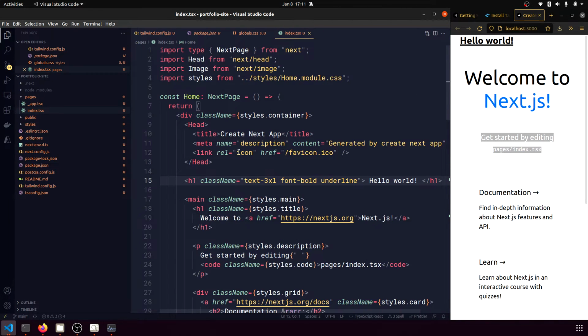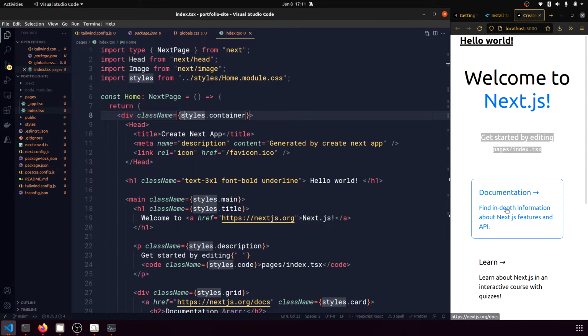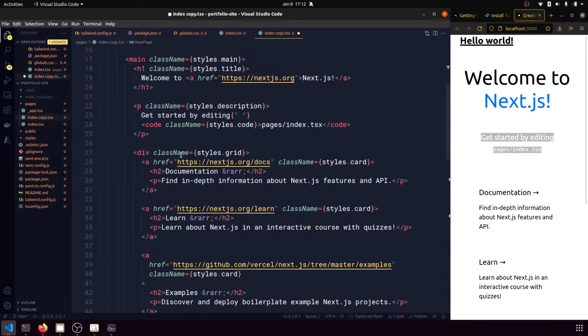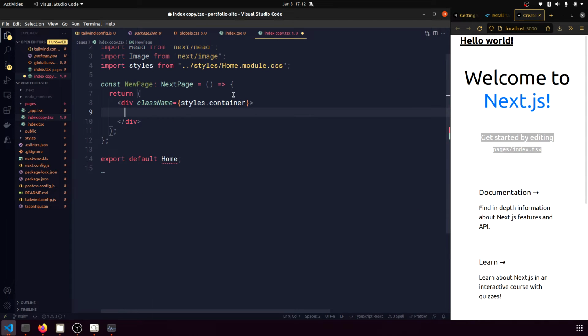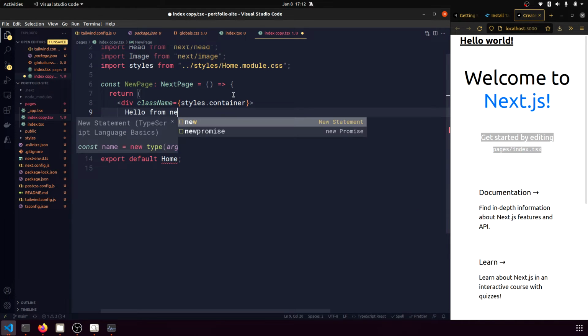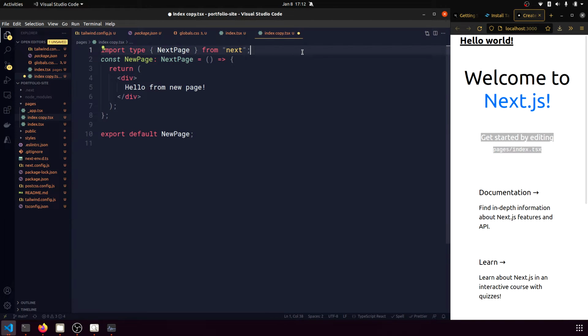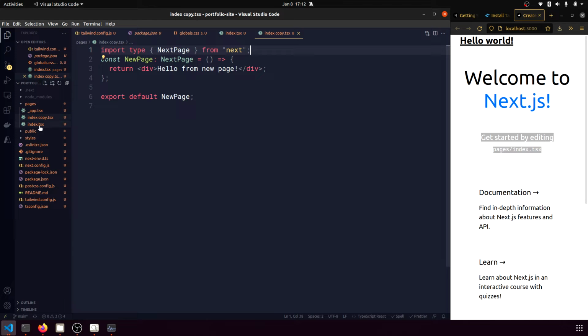So the way this works is the React application, or Next on top of it, will pick each of these pages, these files we have in this folder, and create a page out of that here. So for example, if I just make a new file here, I just copied and pasted that, and I'll call it new page. And in here, if I just empty this entire thing out and just make it return something like this, I'm just going to delete everything. So this is a very simple page here, and if I just rename that to new page,